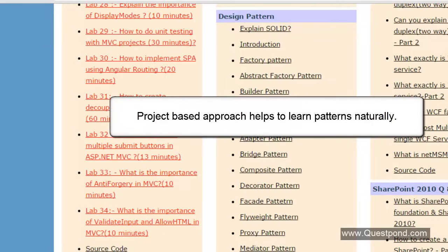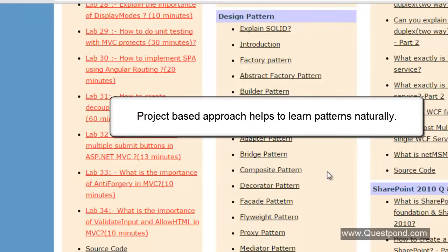But now, if you are asking me for a suggestion, saying tell us, so what is good? Is going code by code and pattern by pattern good, or is the project-based approach good? My personal choice is the project-based approach. So start with the project-based approach, but as I've told you, I can complete 60 to 70% of design patterns, the remaining 30% are still left out, right? So those 30% design patterns you can go and watch from here.